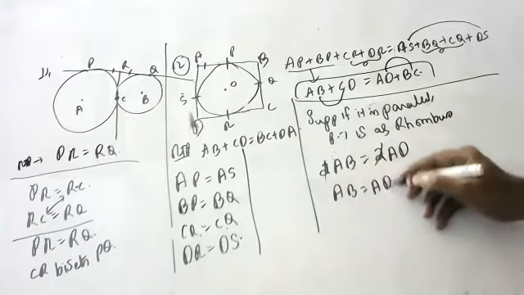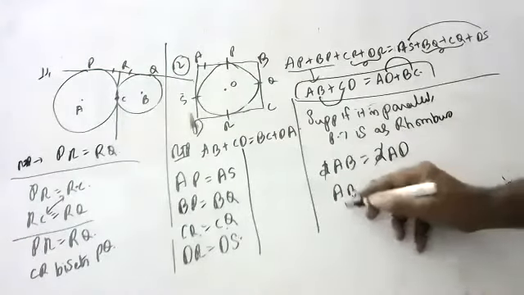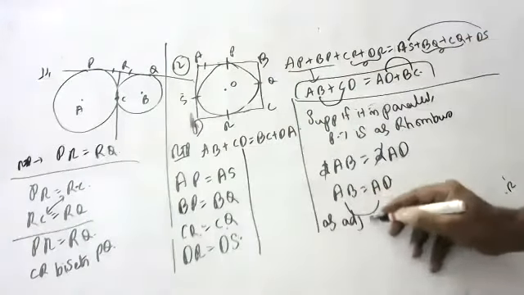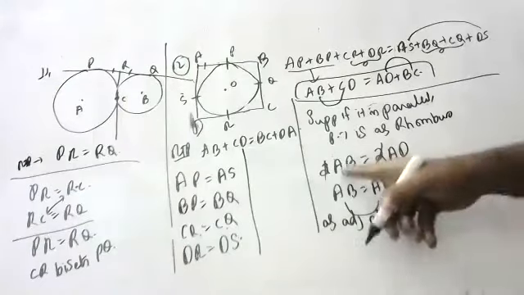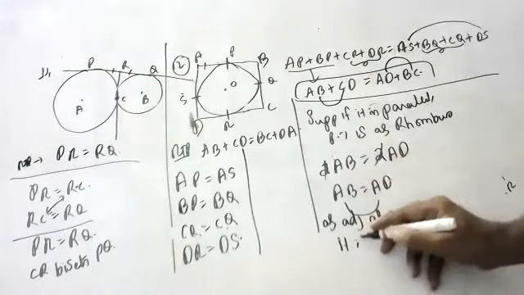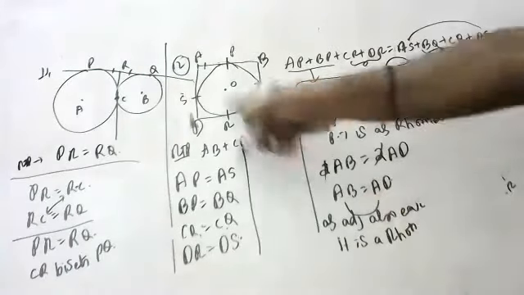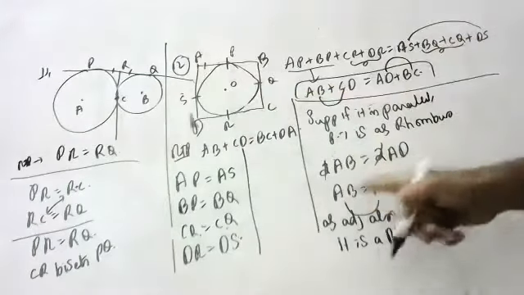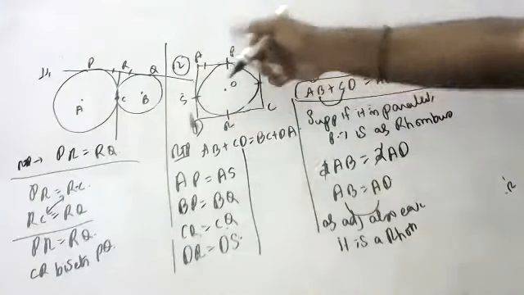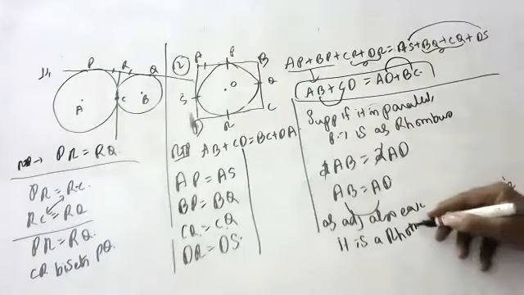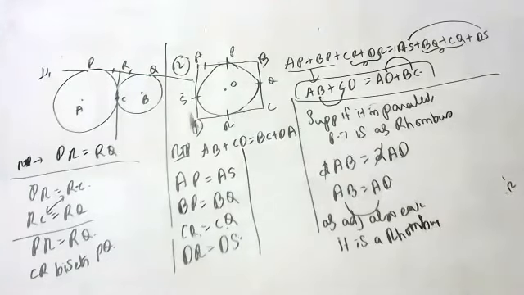In a rhombus, opposite sides are equal, and also adjacent sides are equal. AB and AD are adjacent sides. As adjacent sides are also equal, it is a rhombus. Children, already it is a parallelogram, so its opposite sides are equal. Now we have proved that adjacent sides AB and AD are also equal. Opposite sides equal, adjacent sides equal, all sides equal, so it is a rhombus. Okay, children, very important textbook question, 100% guarantee. Okay, next question.